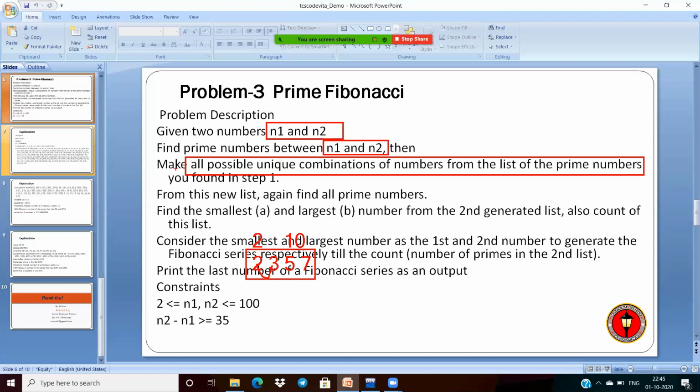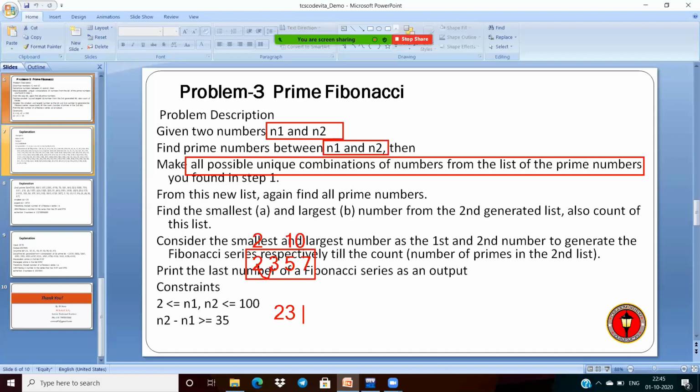And we have to represent possible unique combinations of the numbers from the list. What are the possible combinations of these prime numbers? Like 2 combined with 3 gives 23, then 25, but 25 is not a prime number. Like this, 27 is also not a prime number.